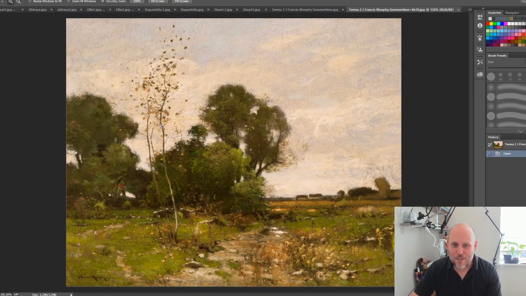Dark line coming down here. See how thin that line is. So it goes from dark against light to light against dark. And that's a very nice effect there. Okay, so